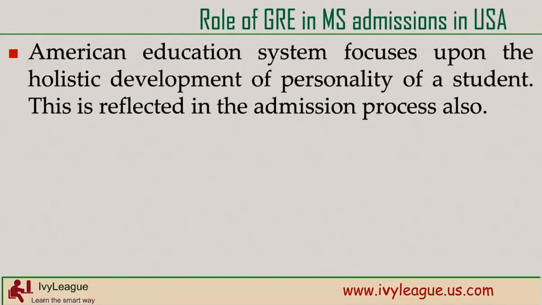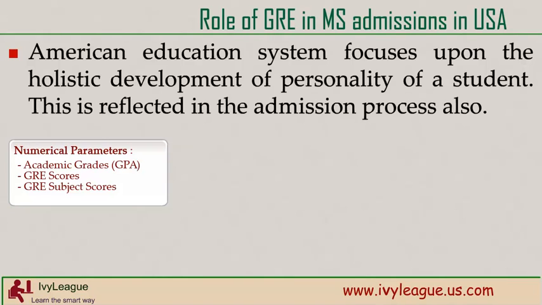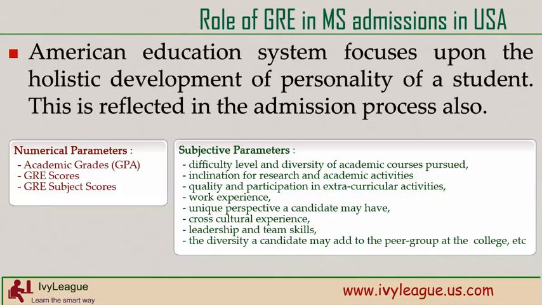This profile is a function of numerical and subjective parameters. Numerical parameters include academic grades, GPA, scores on GRE reasoning test, and in some cases, the scores on GRE subject tests may be required. Subjective parameters are more complex and include difficulty level and diversity of academic courses pursued, inclination